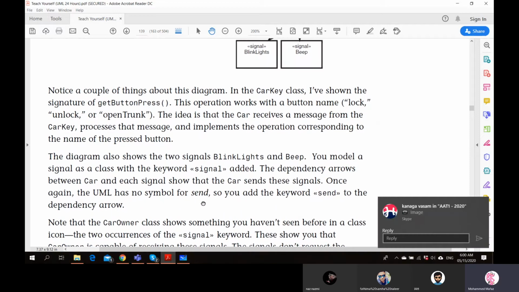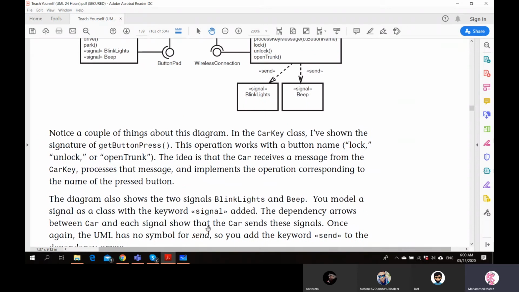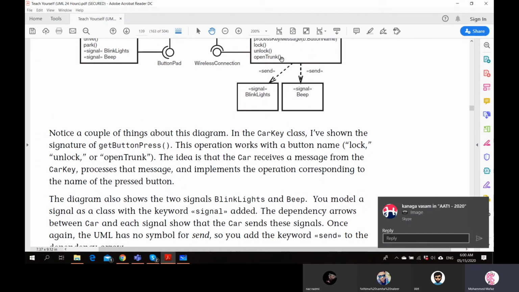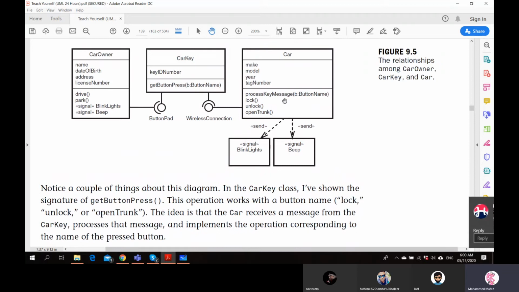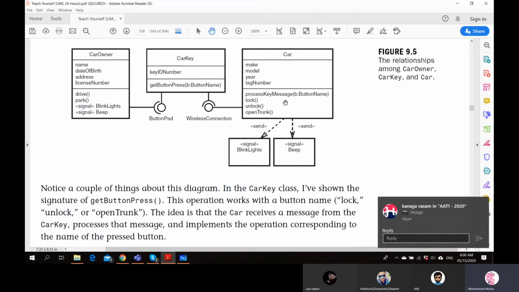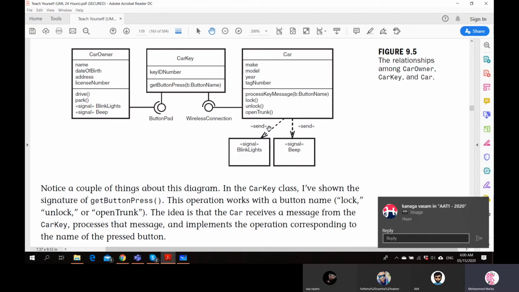So you add the keyword send to the dependency arrow. To show something, we say these are dependent, but to say that this is going to send something, we don't have a special symbol. So simply to indicate that something is going to be sent, we just put a send tag here. Okay.